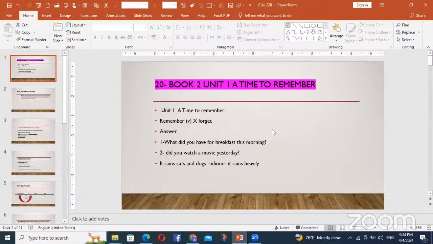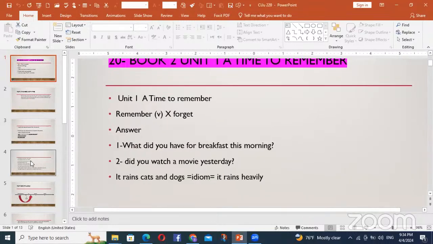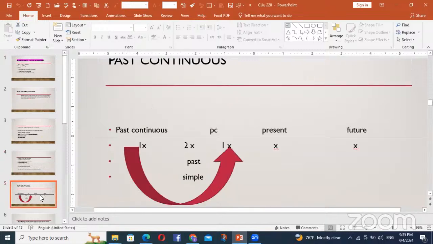What is important today, we're going to study the past continuous because we are going to relate it with the past simple. Remember that in the past simple we said this is an action that happened in the past and finished. Okay, we know it. And we had an action in the past and finished, and we used a lot of forms of the verbs. Okay. Today we're going to talk about what we call the past continuous.